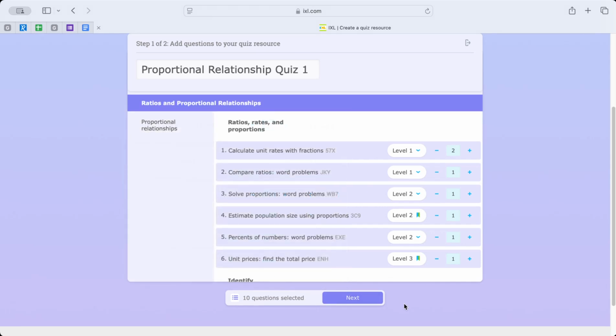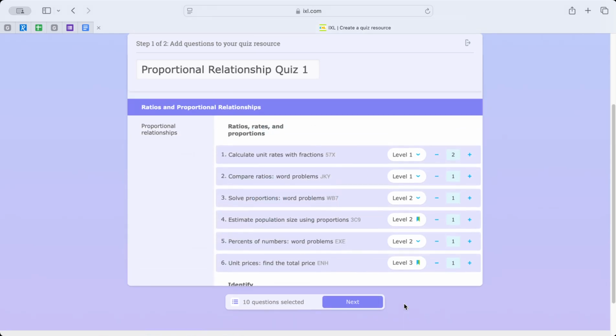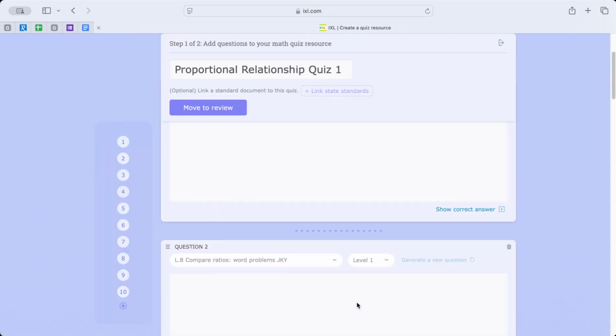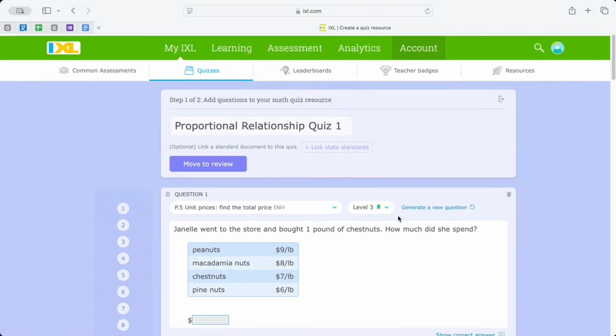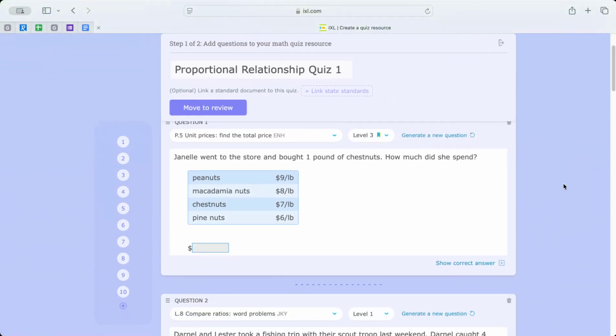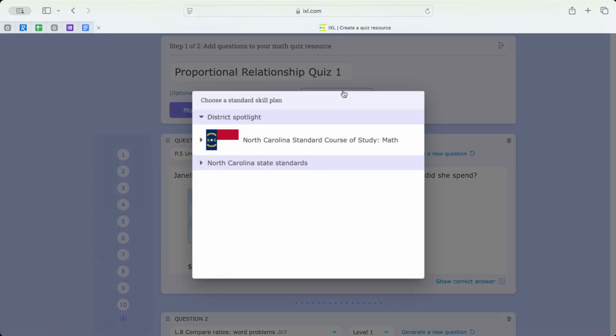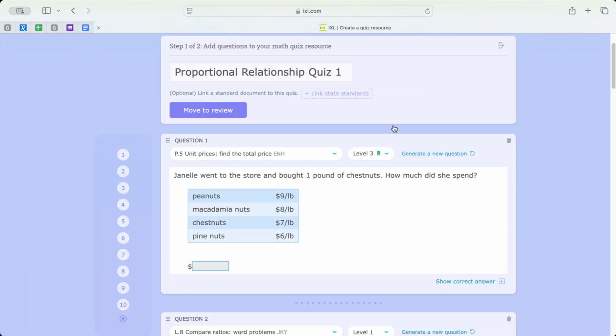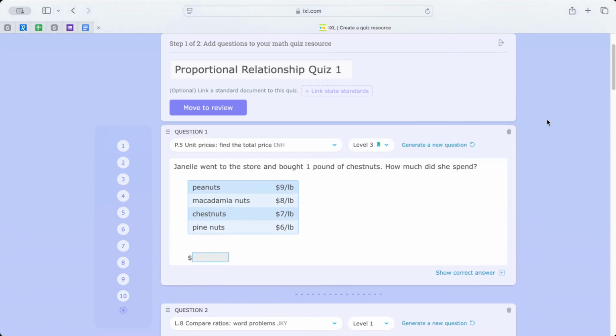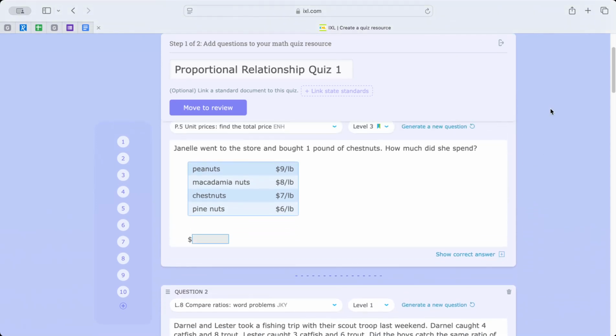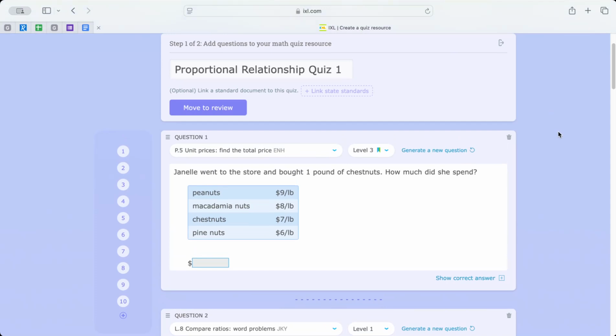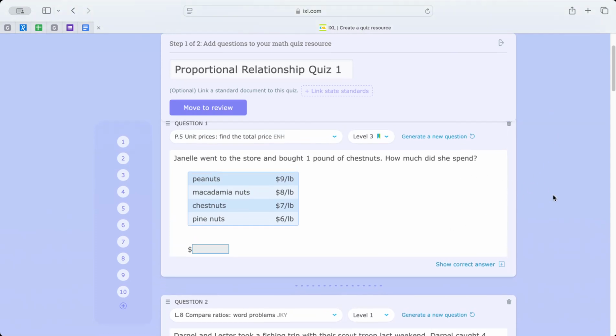Okay, so when I get to this point, I want to see what this is going to look like because right now we have no clue what those questions look like. So when I go to next, it's going to give me a glimpse. Now I get a preview, and then up here I can link my state standards if I wanted to. I'm not going to do that right now because, to be honest, I chose random ones just to show you a quick glimpse of what it looks like. And right here, this is why I choose the EOG style ones, is because now my students have to